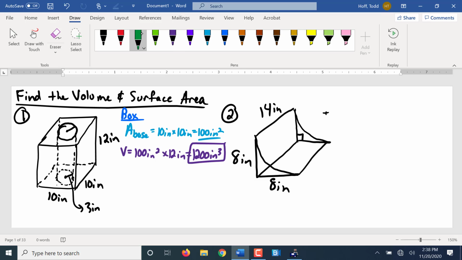So for that hole, the base is just that circle. How do I find the area of that base? Pi times 3 squared, pi times radius squared. What's that give us? 28.26 square inches. And then to find the volume,